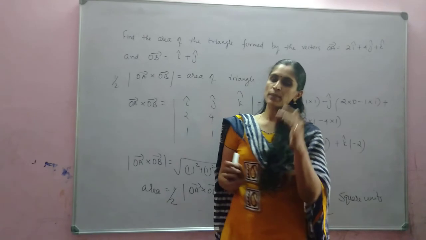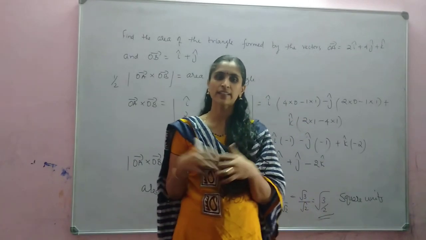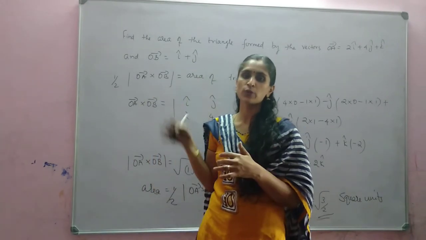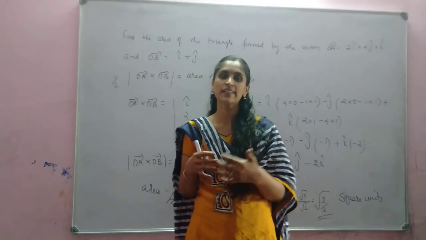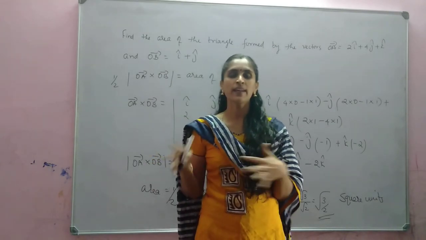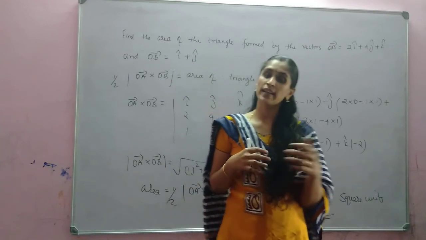Understood, no? Sometimes we are finding the angle, the sine of the angle, like that it is asked. Vectors are given. It's not necessary that you have to use vector product, if they specified only, you have to use vector product. Otherwise, it is easy. You can find by using scalar product. Cos theta you can find, then 1 minus cos square theta is equal to sin square theta. Like that also you can find.